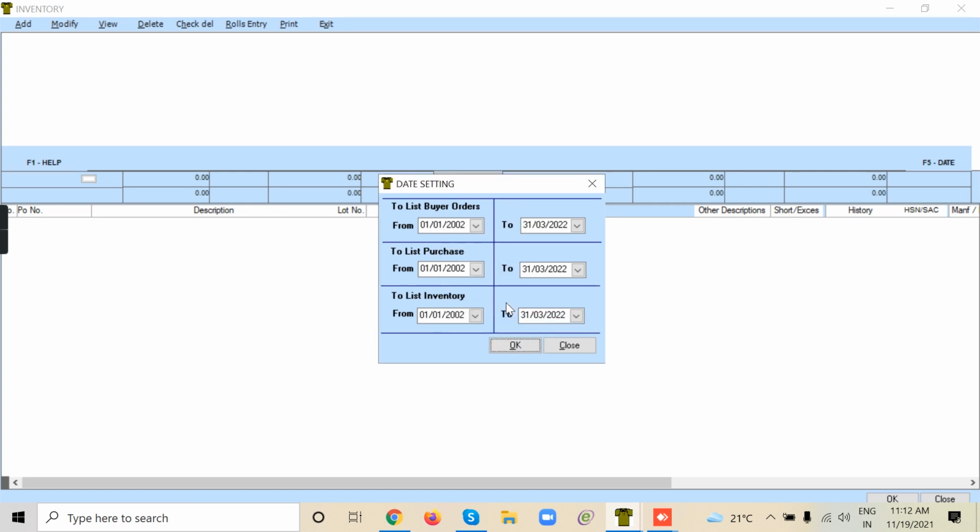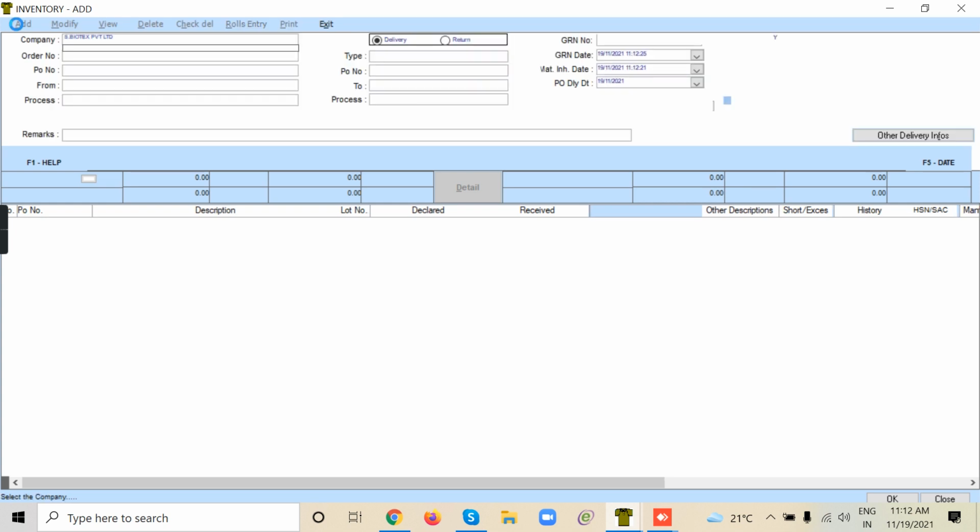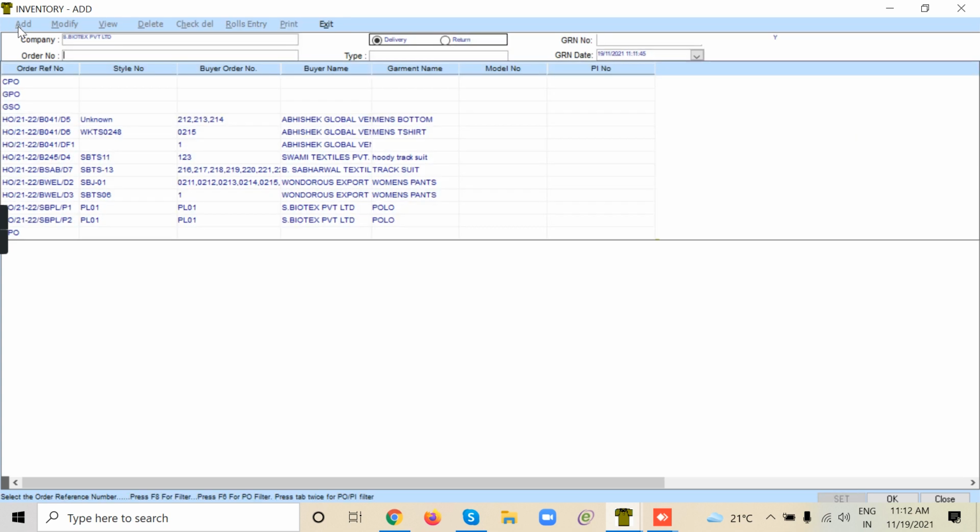Most importantly, we'll have to define the date ranges. For each individual user ID, we will be defining the date ranges, so all transactions in that date range alone will get listed in the system. So I'm clicking on add.